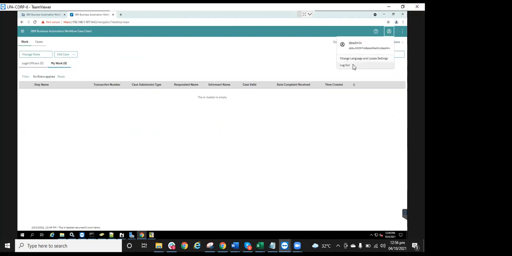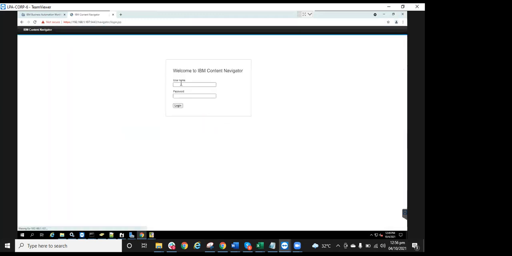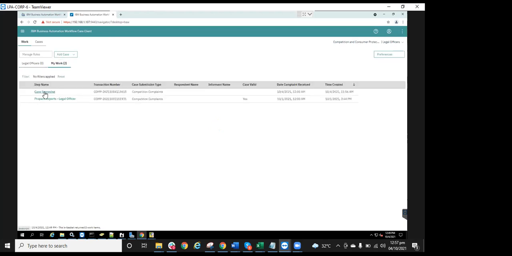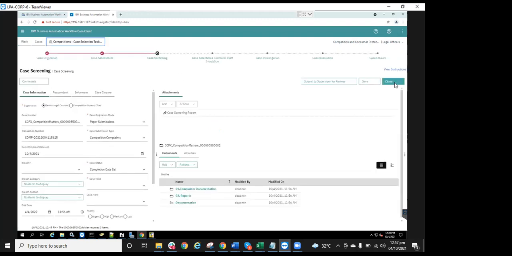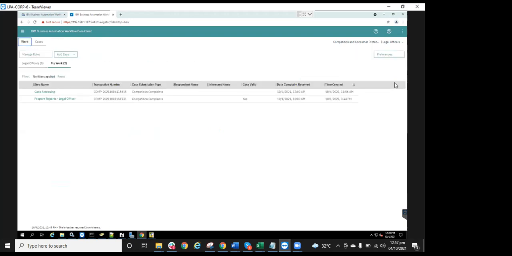So if I log out now and I go to M. Phillips, you will now see that the case is here at M. Phillips. Case screening. And that is one of the ways that you can actually assign a case. You can assign the case via that method, via the tool, or like I showed you before, as the